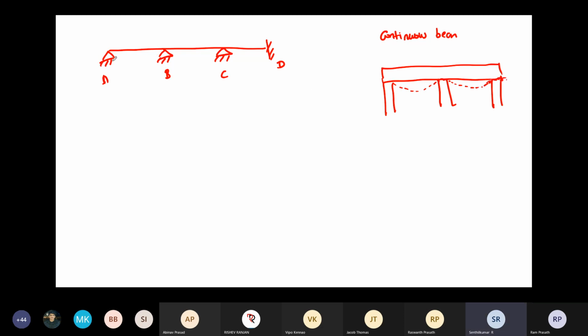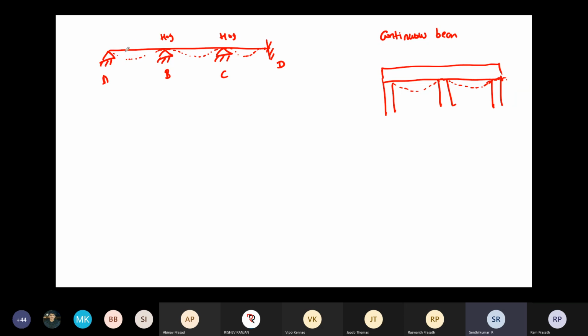Right. So here the major thing you should know is that the slope is 0, a slope will be there, but you can see that hump. This is because if you're having a continuous support like this, you will get hogging moment there. You should not say this is a hinge one, right? The beam is continuously there.